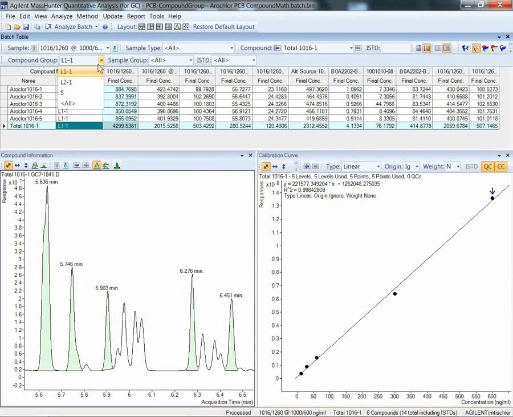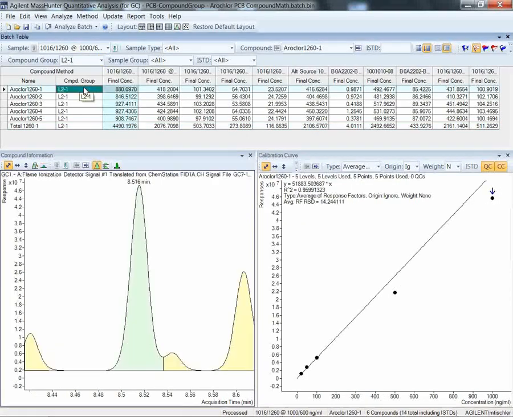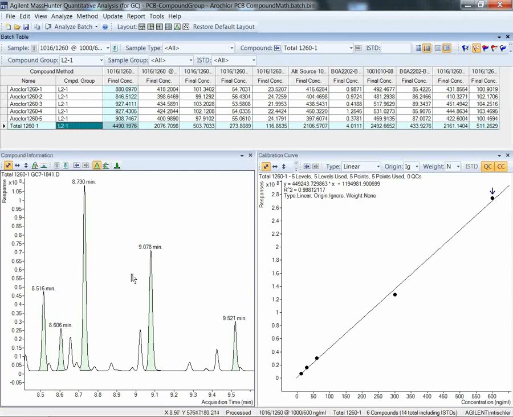Or I can filter on the 1260, and again I see each of the contributing peaks and then the total with the